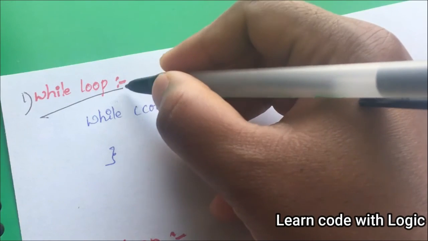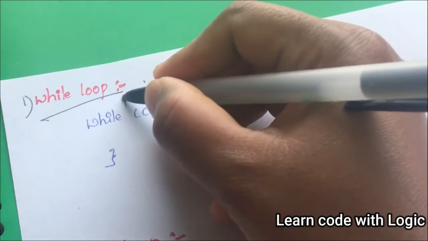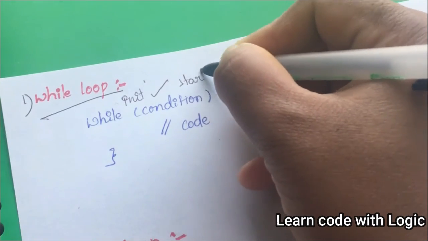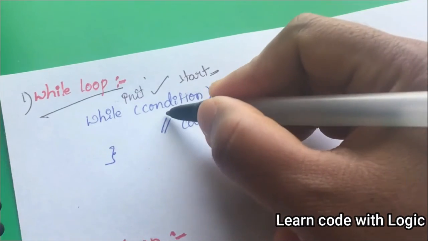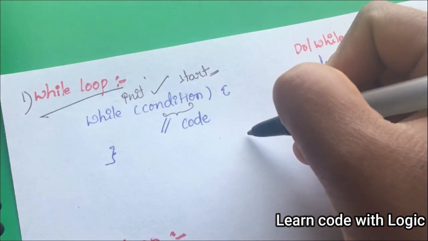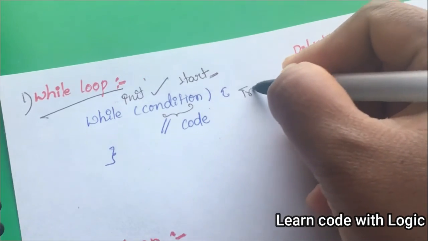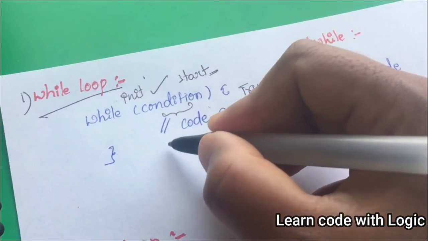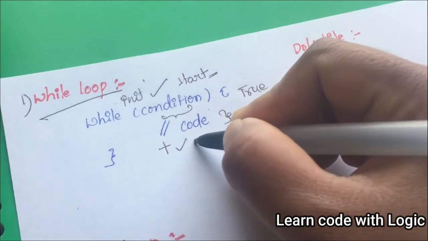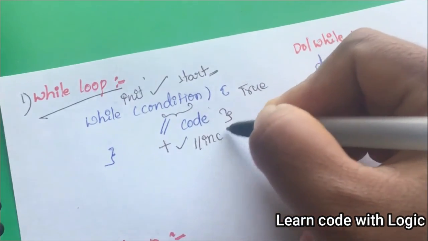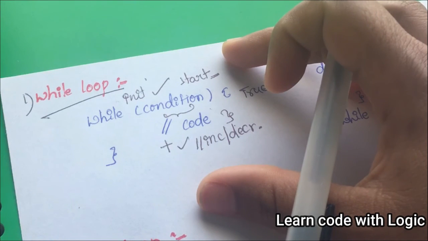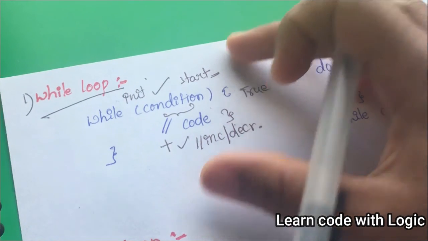The syntax of the while loop is, first we need to initialize the variable. This is the starting point, I mean. Then we need to give the condition. If the condition is true, then it performs the execution of the code. In addition, we also give increment or decrement operator. This is pretty much the basic syntax for the while loop.